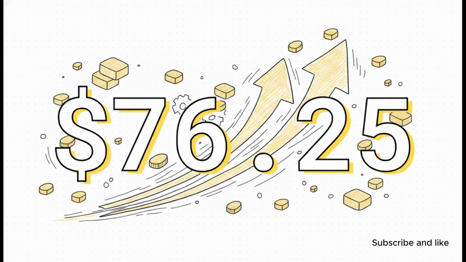$76.25. Now look, I know you're thinking right now, $76, wow, that's not exactly going to buy me a private island. But you have to look past that small dollar amount for a second and just see the principle at play here. You did zero extra work for that money. None. The mathematical structure literally willed it into existence in just 36 months. It's purely the result of your interest earning its own interest.